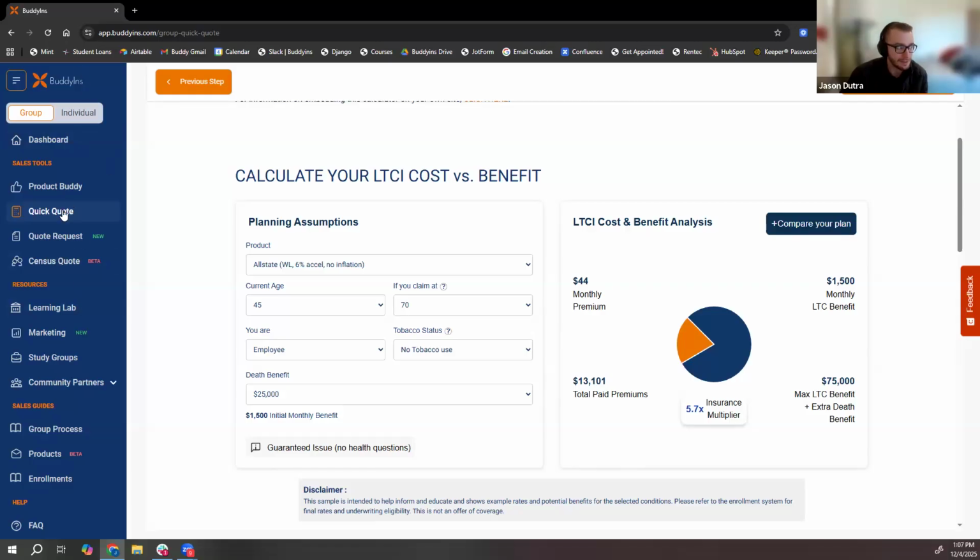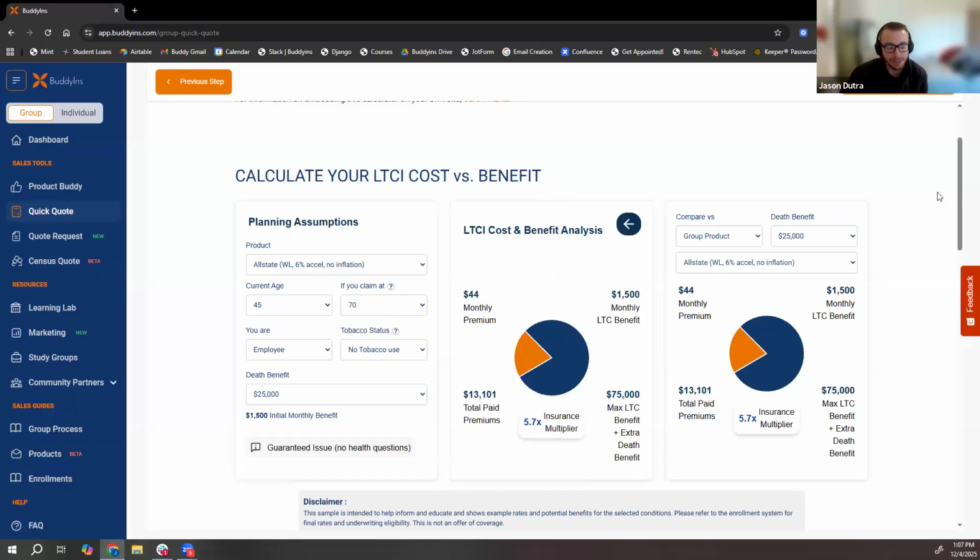By the way, on the sidebar, Sales Tools, Quick Quote. That's how you get here. Make sure that the tab is set to group. But this button right here is the bread and butter of this tool now. Compare your plan, right? It is great to be able to know pricing and value at your fingertips, even greater when you have a frame of reference, be that another product or one of the scenarios that you can populate here. So you'll see when you hit compare your plan, group product will be the default,